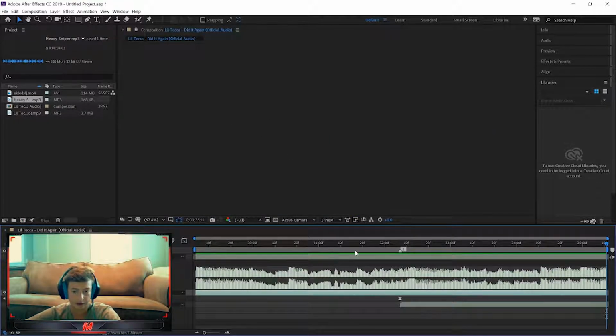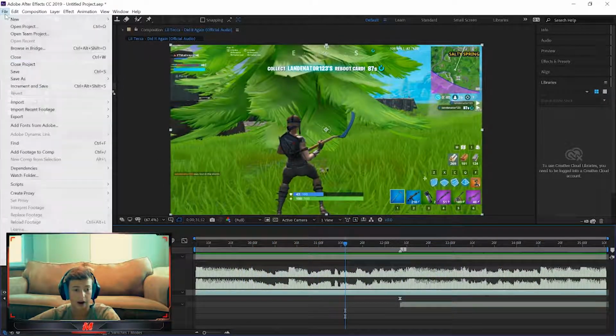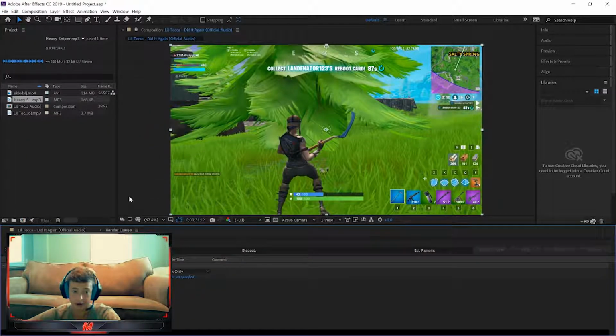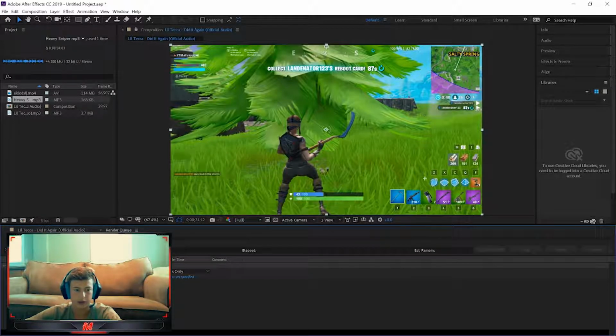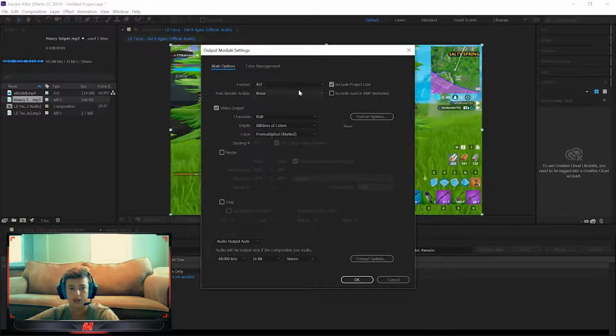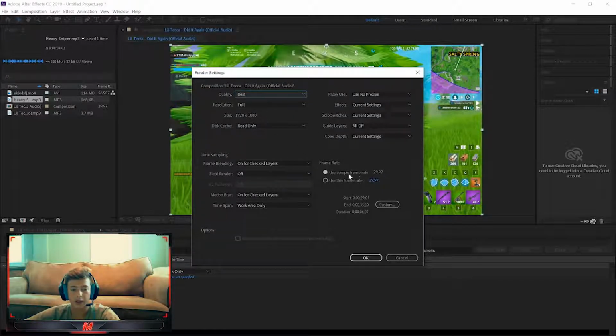And since we're in After Effects, once we have our completed video file, we're going to click File, Export, Add to Render Queue. Then we have to do this first. So click on Lossless. I usually use AVI, then RGB colors, and make sure the audio output is on auto or on. So click OK for that. Go to Best Settings. Make sure you are using this comp's frame rate to not have frame rate drops and stuff like that. Make sure your quality is at best, resolution's at full,